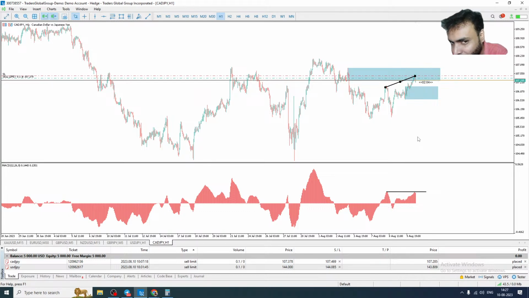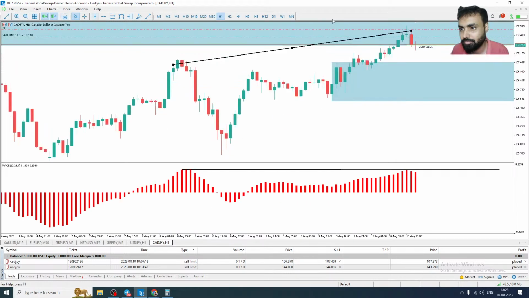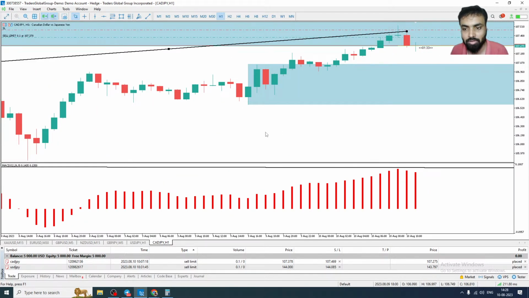So what is this trying to tell us? Even though prices are increasing, the strength is decreasing. What is strength? Strength means buying strength or selling strength. It's decreasing. So based on this, you can directly sell here. You can see here it is increasing, but here it is kind of flat or decreasing. So based on that, okay, there is a divergence. Price is moving up, but strength is going down.